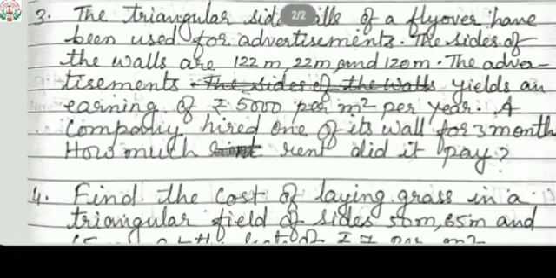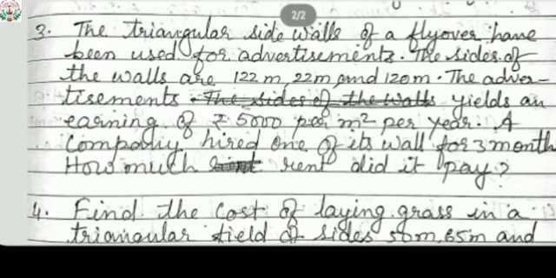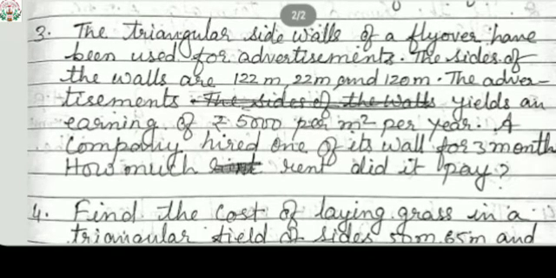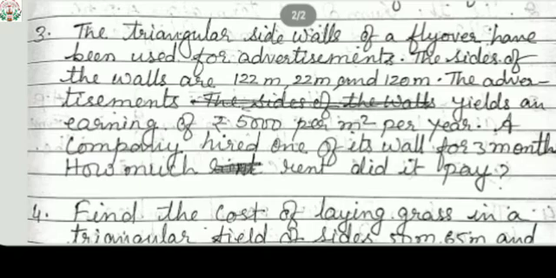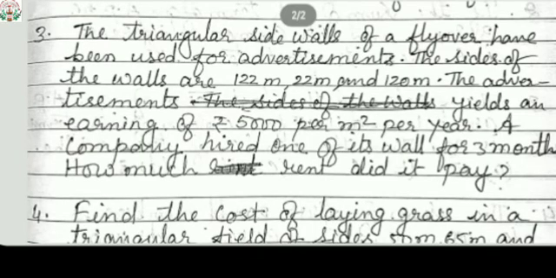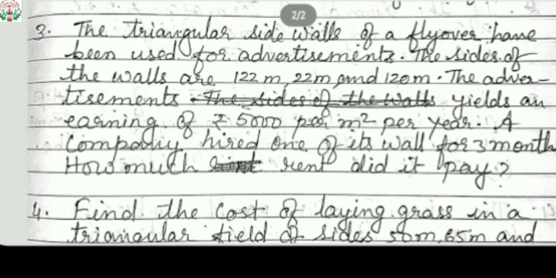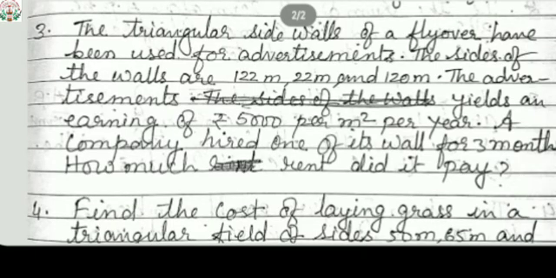We know that in a year we have 12 months. So what is the earning for 12 months? That much earning. For 3 months, that amount upon 12 into 3. On multiplication and division, you will get some amount. That amount will be the rent that it pays. How much rent did it pay? It is given in the last. So that much amount of rent it paid.